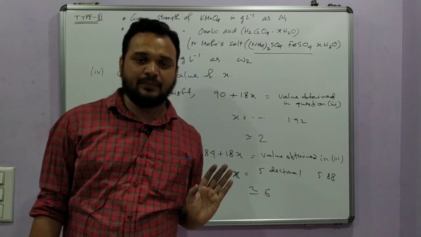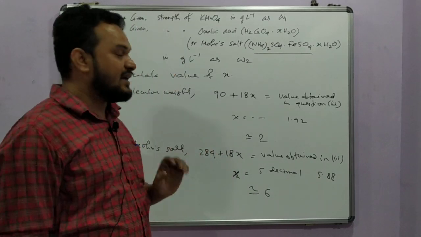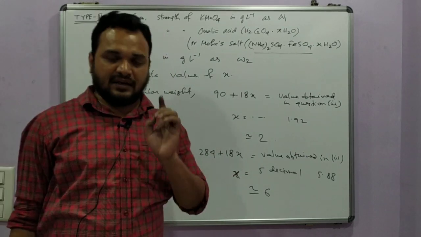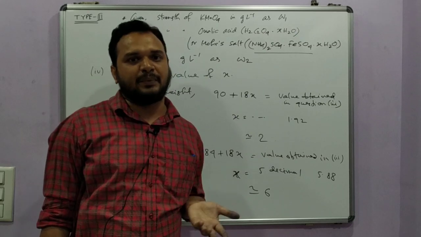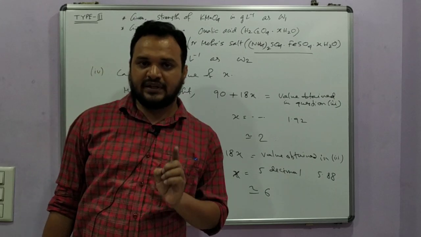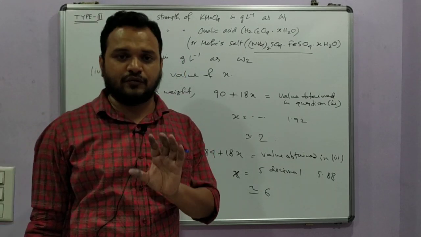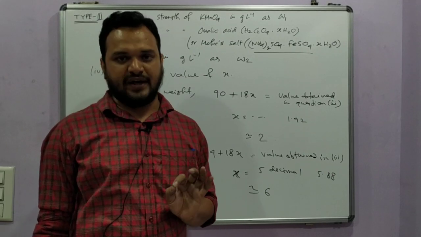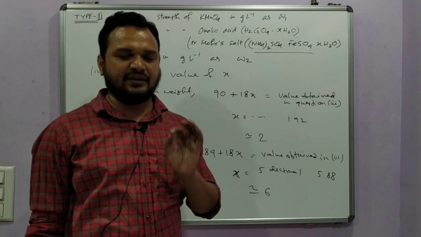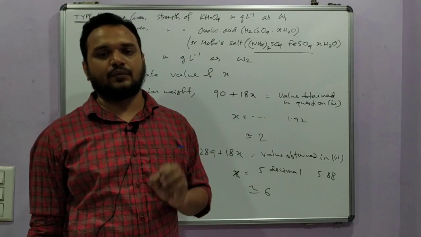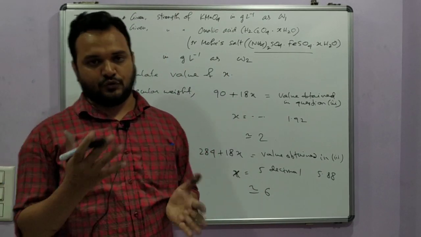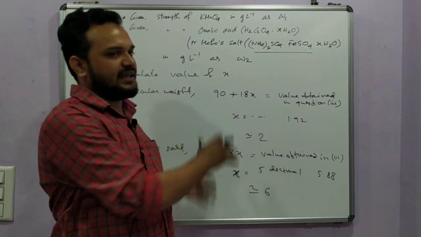So formula writing gets half marks, correct value half marks. I suggest up to 5 decimal. In the question paper it will be written 4 decimal. And never ever do the averaging of the titer value, write it properly. Now remember, for the observation table or pipette capacity there are no marks, but you have to write it. And one more thing, I again repeat, don't try to forcefully make your titer value equal to your friend's, because the range is from plus 0.5 to minus 0.5. So it doesn't matter if you are getting 0.1 ml more or 0.1 ml less than your friend. Just do it properly as I have shown you how to do titration, and do the calculations properly.